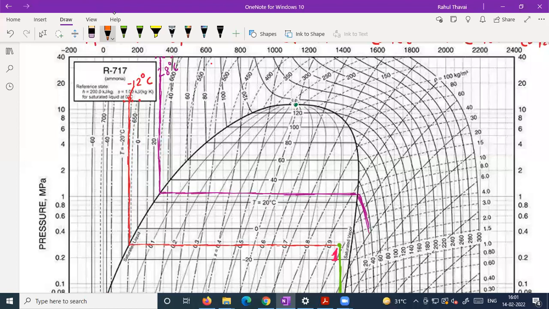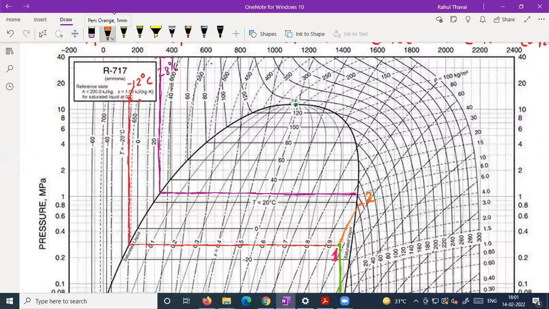Parallel line. Okay, try to understand now. So how I'll move? I'll move like this. Is that okay, all of you? See this one. So I got which point? I got point number 2 now. Is that clear? Simply how I got that?